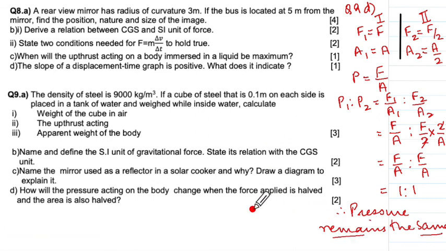Okay, and that finishes the entire paper. Now in this paper, section B had not 6 questions, 5 questions. And out of these 5 questions, 4 questions had to be attempted. So I hope we have understood how we have to write the answers, how to think under the circumstances,